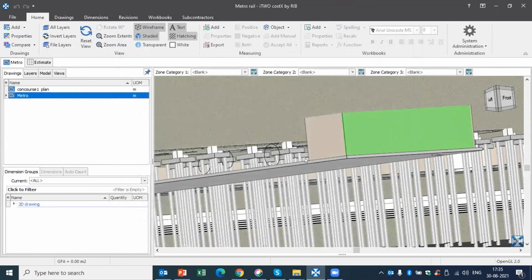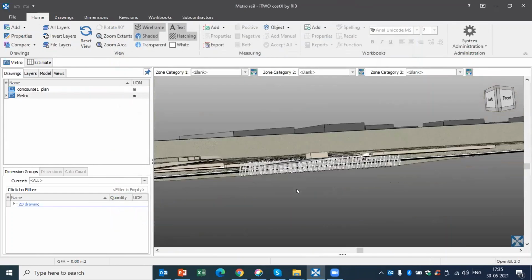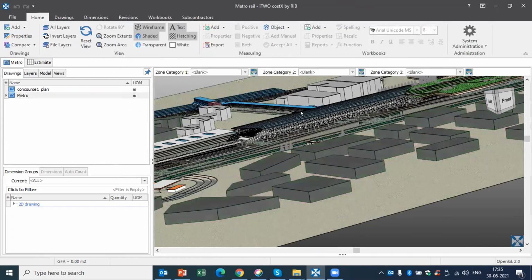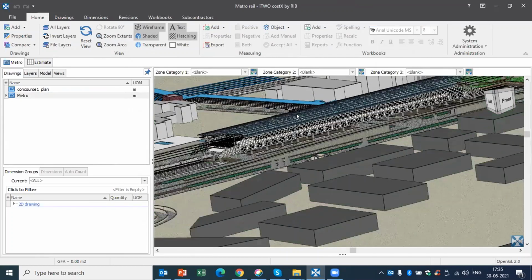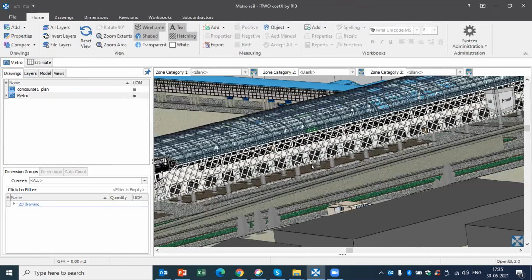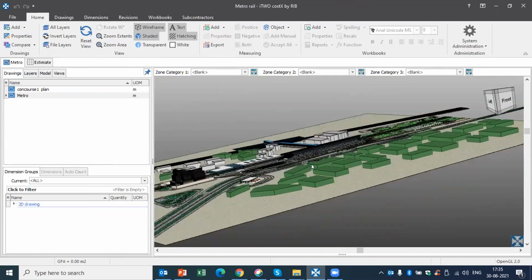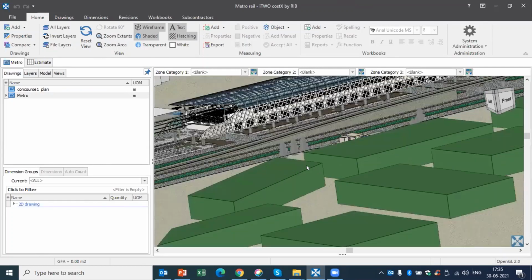So this is how you can easily view your information with the 3D or the BIM model, whereas this is not possible with the 2D drawing. If you take such a big project, when you're working with the 2D drawing, it may cross more than 100, 200, 300 drawings also. So it becomes a little difficult when you want to coordinate all drawings and understand. But here you can easily understand the BIM model. That's the difference between 2D and the BIM concept.